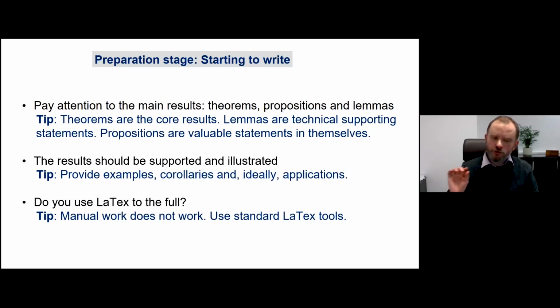Let me give one example. You want to state a theorem. Some people make some empty space, say a small skip or some other command from LaTeX, then put the theorem, make it in bold format, it should be black, then some small skip after the formulation of the theorem, and so on. So this is manual work. You do it by hand. This is a very bad idea, and this is always visible. Even if you try many times to find the right distance between what is before your theorem and what is after your theorem, it will always be clear that this is done in a non-standard way.